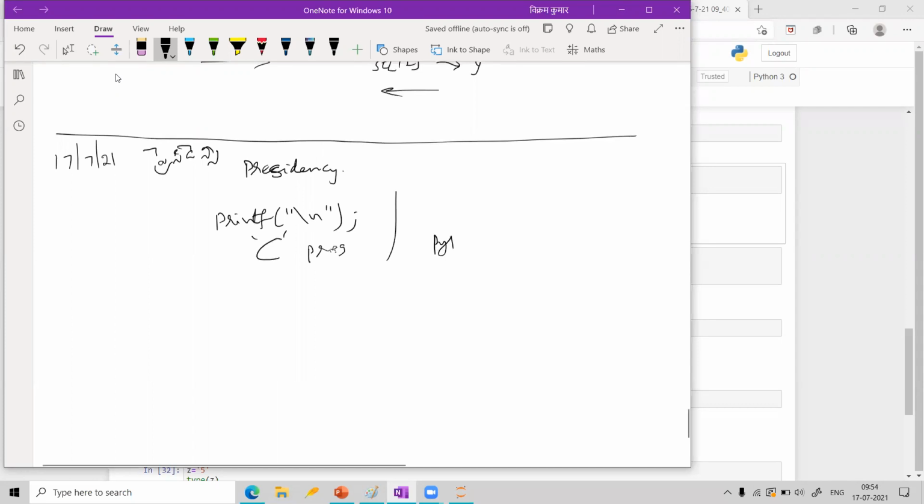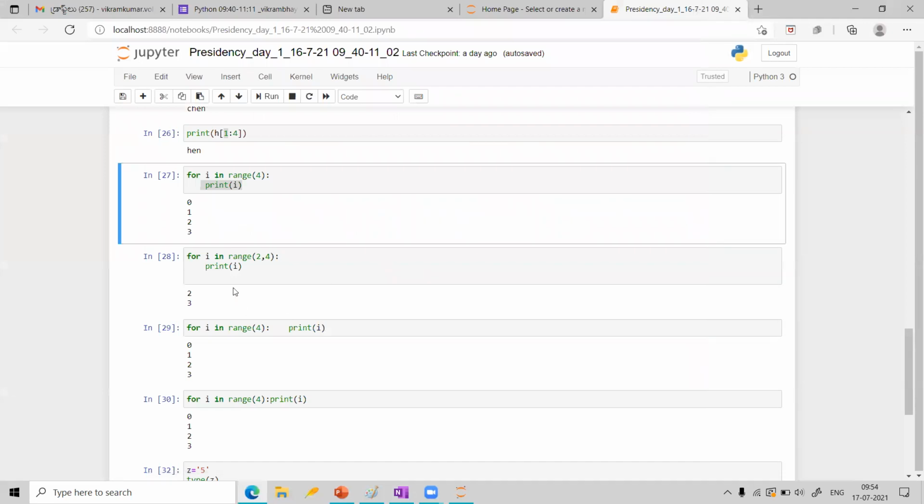But in Python, you are not writing anything like that. You are simply writing print. When I'm writing print, it prints a new line every time automatically, as you can see here.